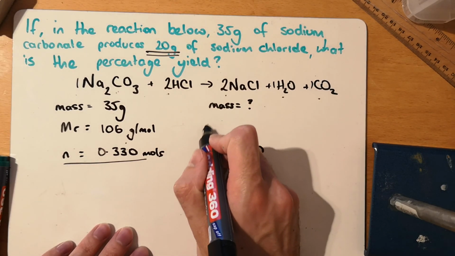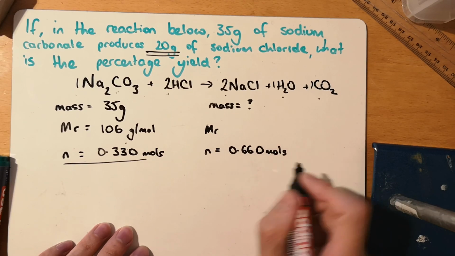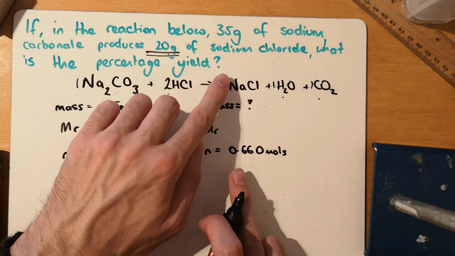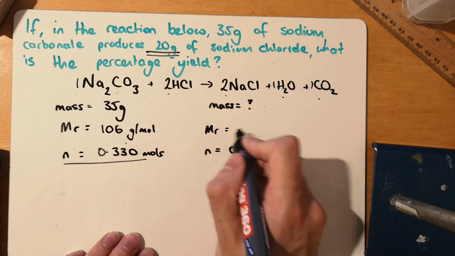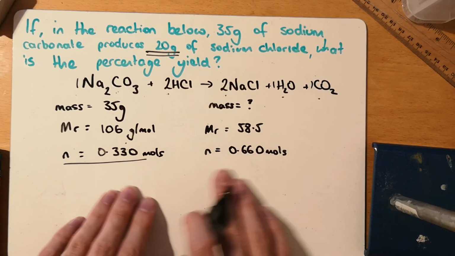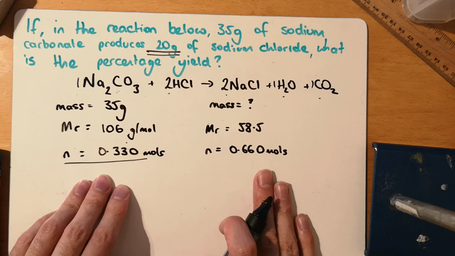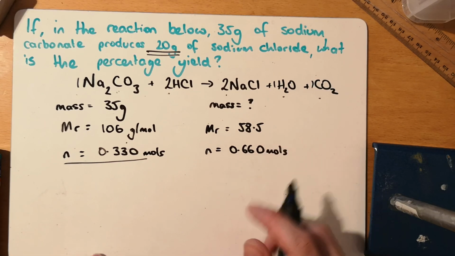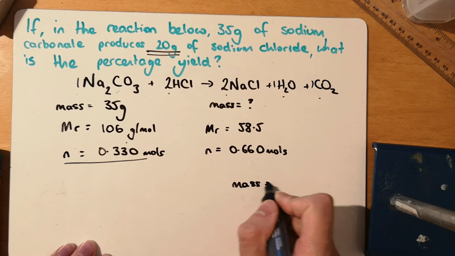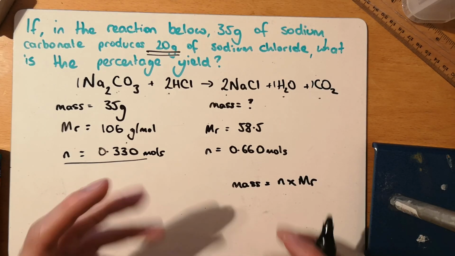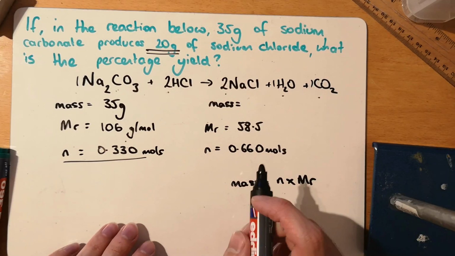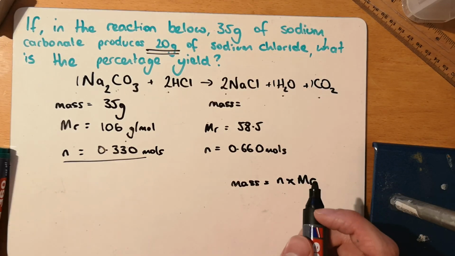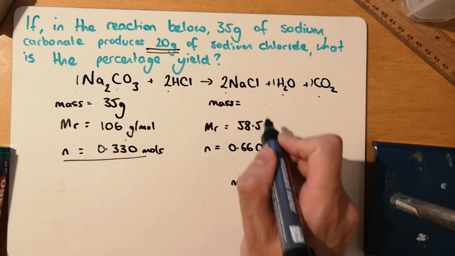Now we can also work out the MR. Because I've doubled here, I don't need to include the 2 into the MR. So it's just NaCl I'm doing for the MR, which is 58.5. And that's because the 2's been taken account of when we doubled across here. So to work out the mass, we do mass equals n times MR. If you rearrange the equation we did earlier to work out the number of moles, you can rearrange it to mass equals n times MR, and 58.5 times 0.660 is